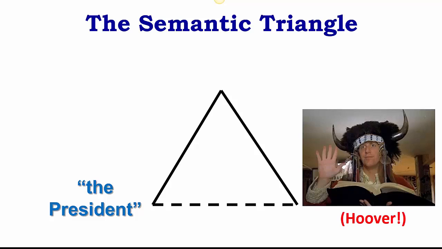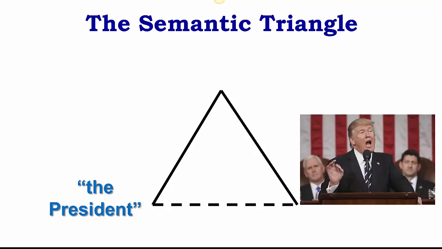Now, each of these persons has been referred to as the president. So that is an accurate representation of each of these individuals. But there is no one referent to which the president is the one and only sign. Okay, so we can see that the relationship between sign and referent is unstable. Let's go with this president for just a moment.